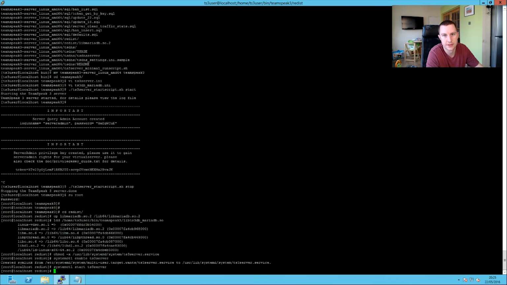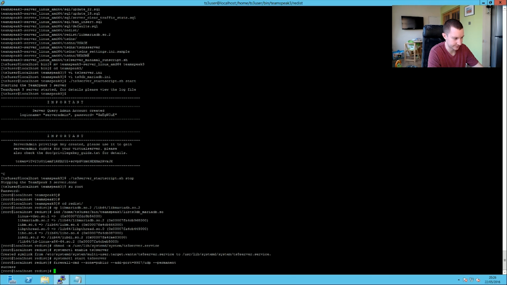The only thing that we need to do is add rules into our firewall, and once we've done that we can then connect up and use our privilege key. So firewall-cmd --zone=public. Unless you've got something different set up, yours will be the same. And then we add port 9987 as UDP and then put permanent on the end. Press enter. So that's now added a new firewall rule for 9987, which will allow the voice and the TS3